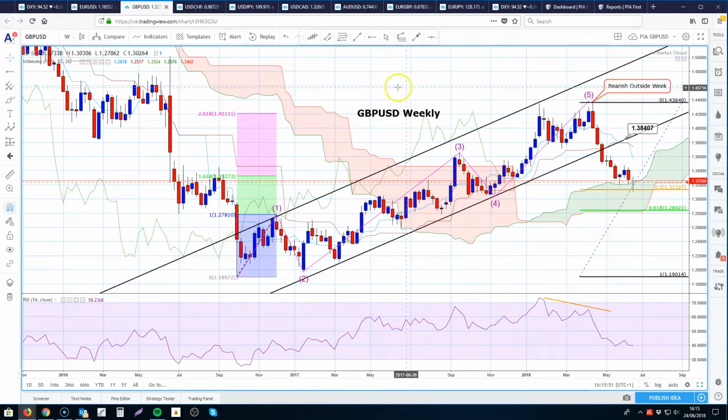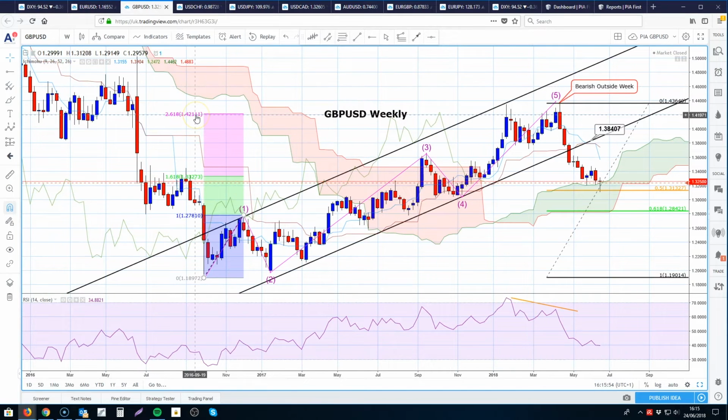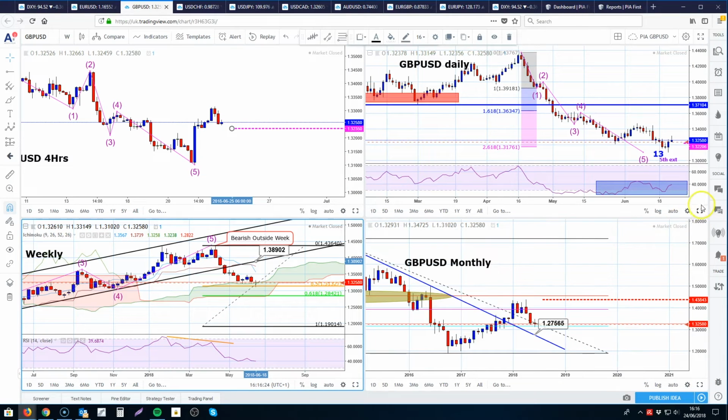So the weekly chart in cable or sterling dollar surpassed the 261.8% extension level at 142.11, posted a bearish outside week, moved aggressively to the downside, broke the channel formation to the downside, but we've stalled here at the 50% pullback level, and in fact all of last week's initial losses have been regained. To the upside, we've got reverse trendline resistance located at 138.90. If we go to the daily chart,